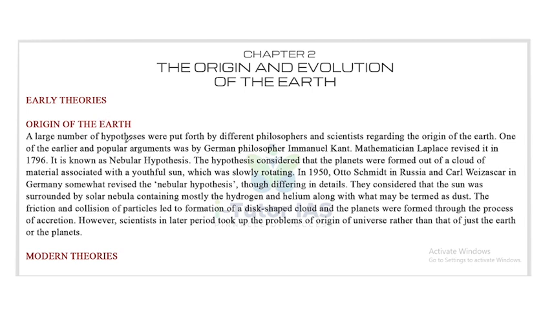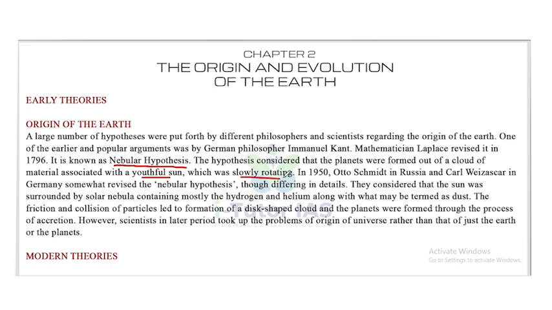A large number of hypotheses were put forth by different philosophers and scientists regarding the origin of the Earth. One of the earlier and popular arguments was by the German philosopher Immanuel Kant. Mathematician Laplace revised it in 1796. It is known as the nebular hypothesis. The hypothesis considered that the planets were formed out of a cloud of material associated with a youthful sun, which